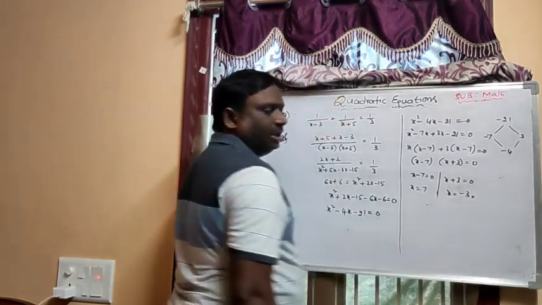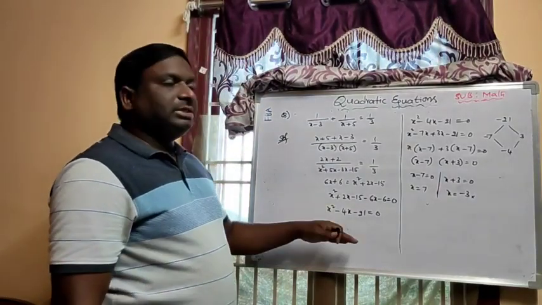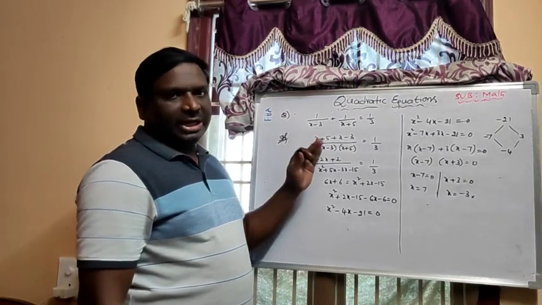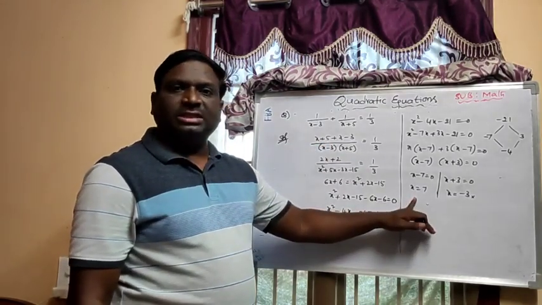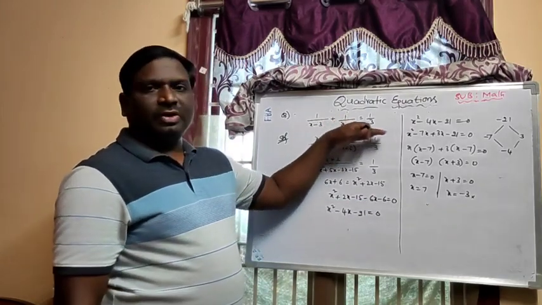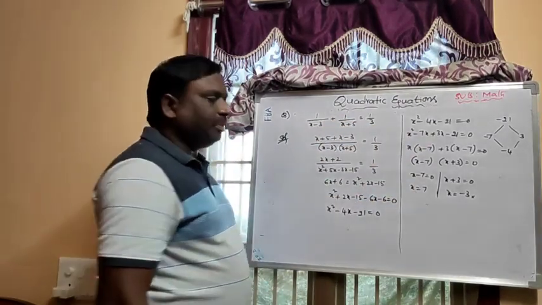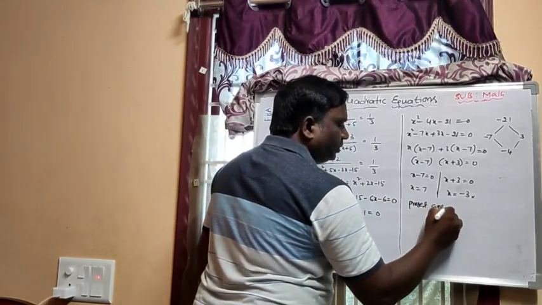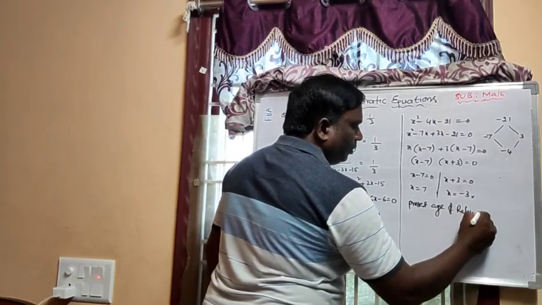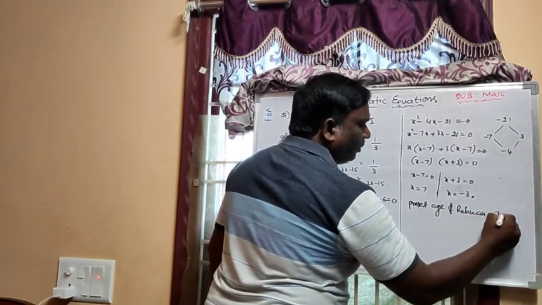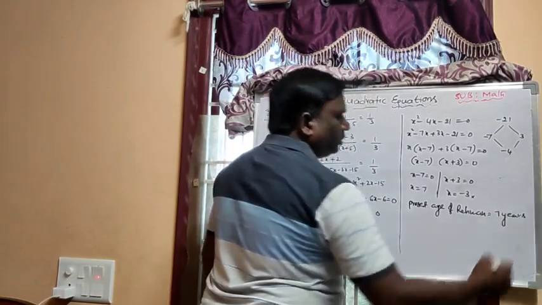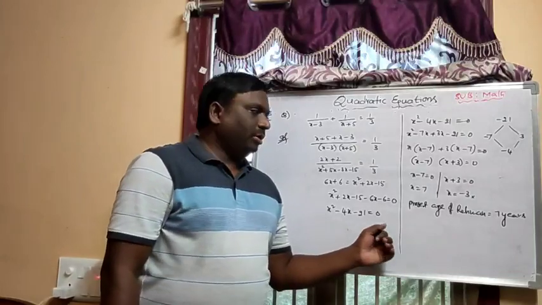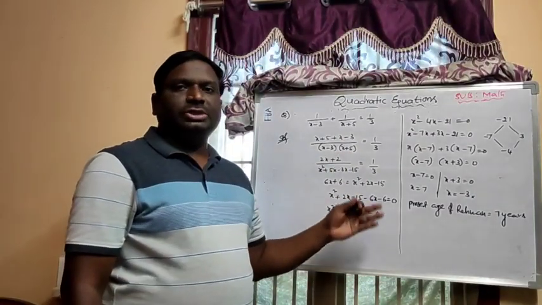We cannot take minus 3 as x, because here we are deciding the age, and age cannot be negative. So here x is the present age. Already I have written in the previous statement that x is Rahman's present age. Present age of Rahman equals 7 years. Okay. So this is the method to find the solution of a quadratic equation by using word problems.